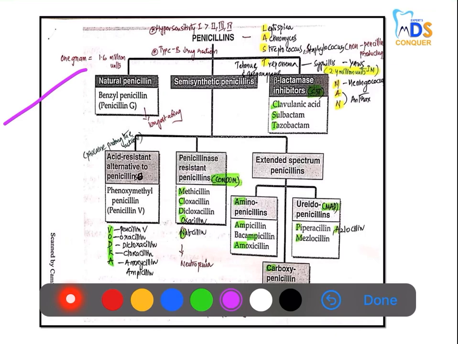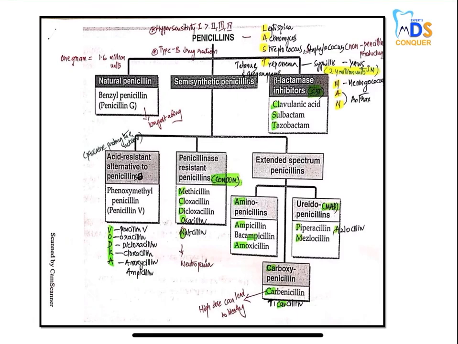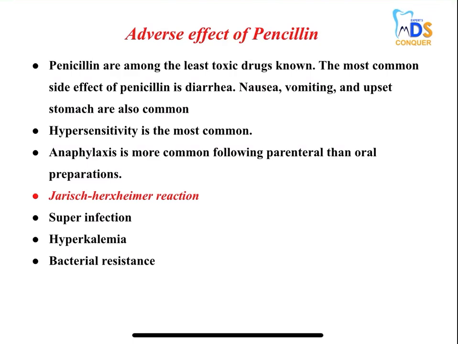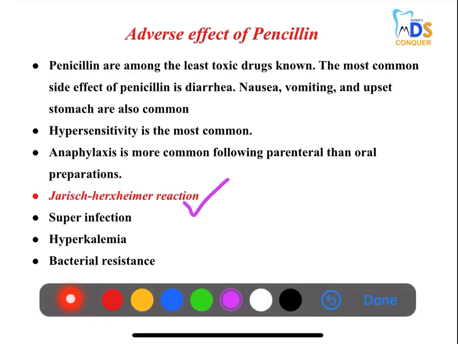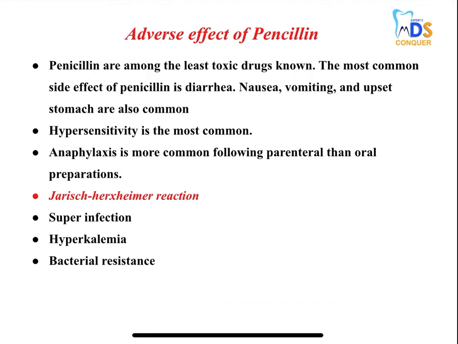The most important is syphilis. What is the dose? 2.4 million units IM. Another important point is the neutropenia caused by nafcillin, and 1 gram is equal to 1.6 million units. Type B adverse drug reactions occur with penicillin because they are dose independent and unpredictable, and type 1 hypersensitivity occurs more with penicillin. So already you are aware of it; just go through the classification and the important points related to this. In the adverse effects of penicillin, the very important one is the Jarisch-Herxheimer reaction, and you can have a look at the other effects.